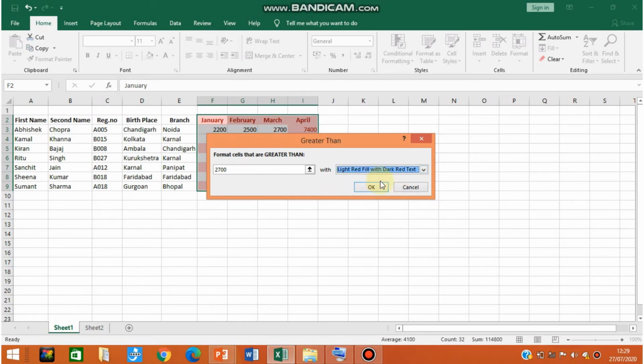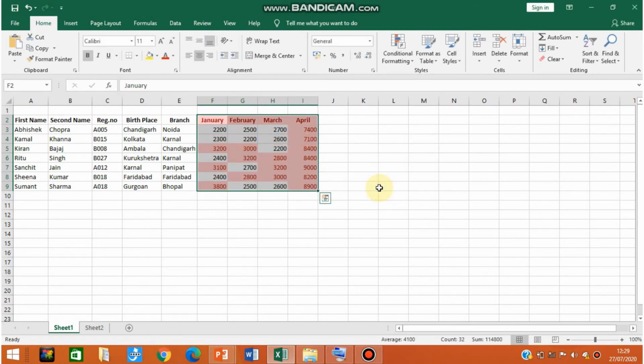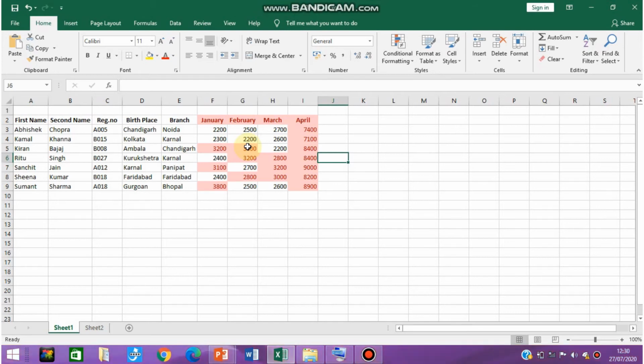Just click OK and you will see that the cells having a value greater than 2700 have been highlighted in red. This is the way you use conditional formatting. It is used to segregate the data with the help of colors, and whichever color you want you can choose.